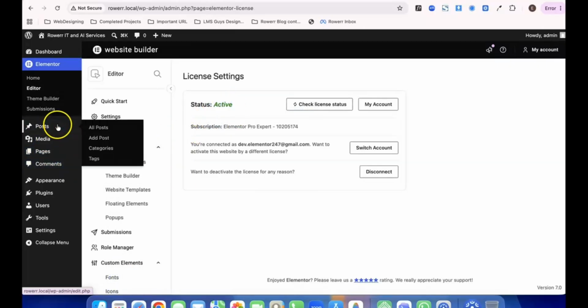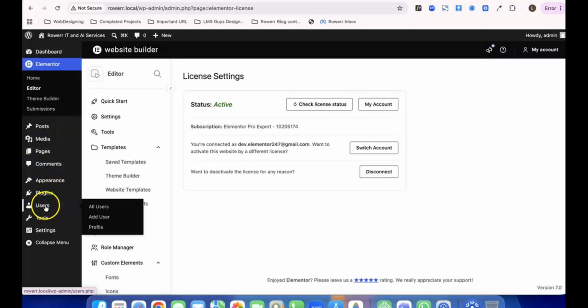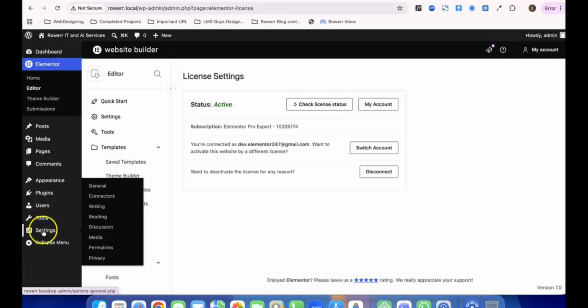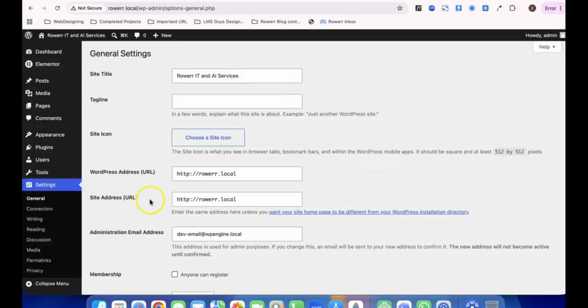Okay, so let's go for the next option that we have, users. From here we can add the users on the website, and then we have the settings, which is also important. Here we will go for the general settings. The site title is very important for the SEO of the website. We need to add the site title very carefully. First we will take the name